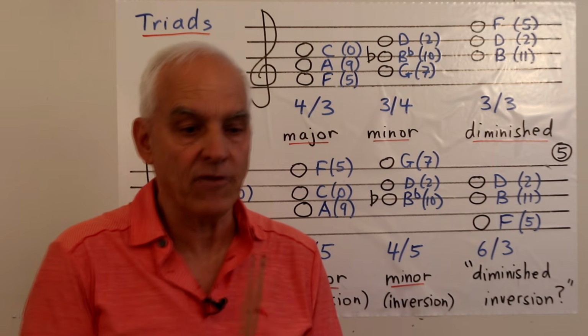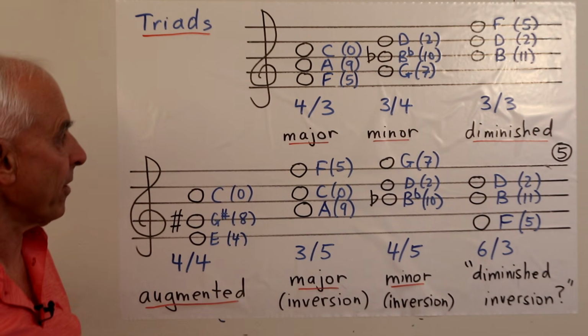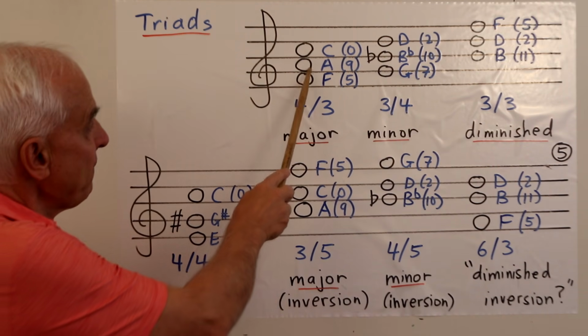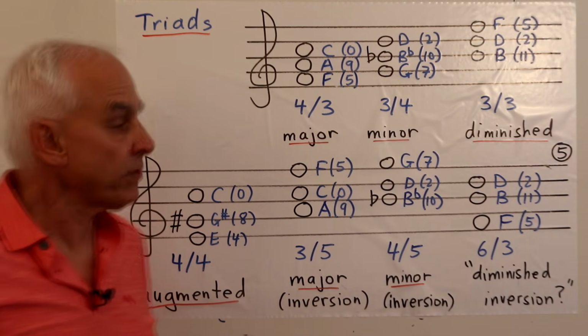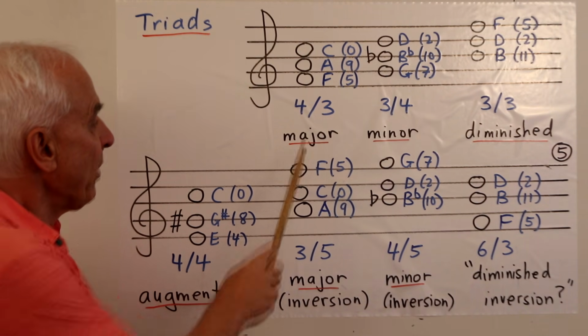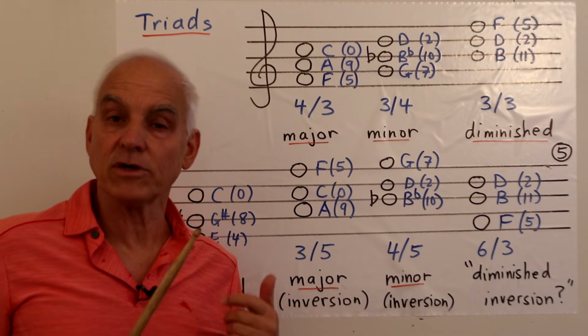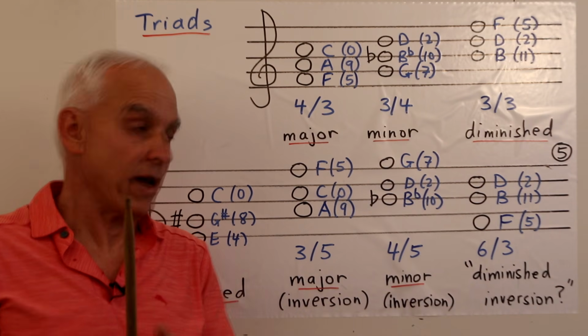And triads themselves are quite rich, and so let's talk a little bit about some of the possibilities there. So we've already talked about major chord. Here's another major chord, F, A, C. So it's a 5/9/0 chord, and it's characterized by having an interval sequence of 4 and 3. So it's a 4/3 chord, or triad. That's a major triad.